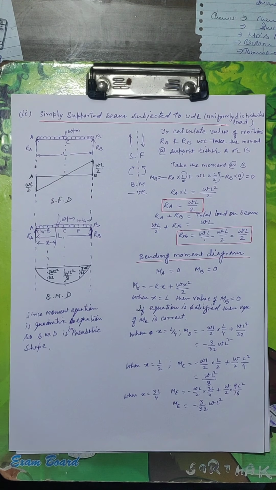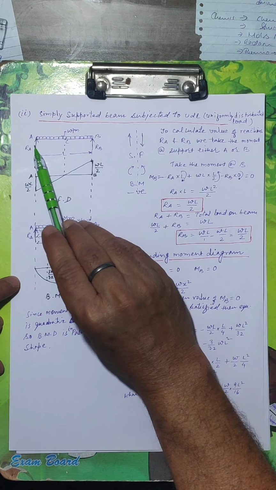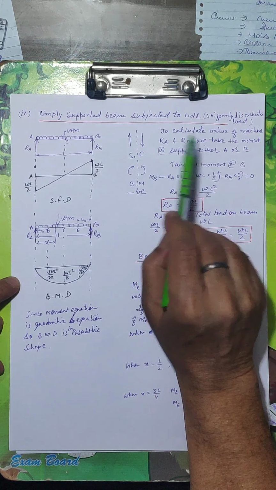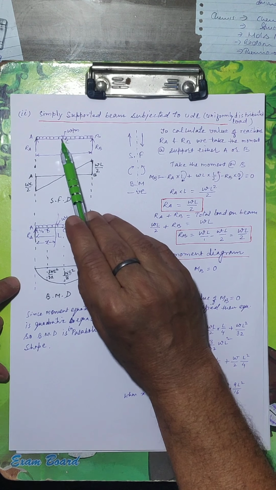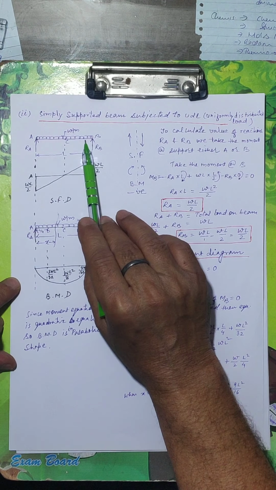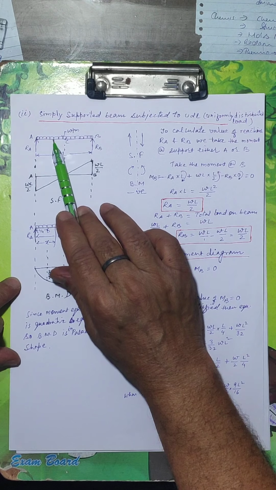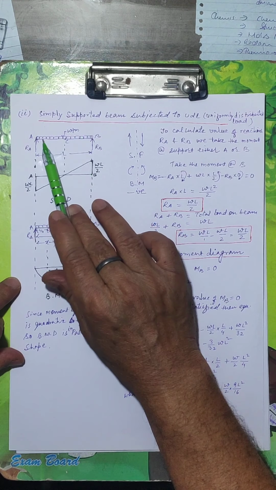स्टूडेंट्स, आज मैं आपको सिंपली सपोर्टेड बीम विद सब्जेक्टेड टू यूडीएल ये केस है। इसका हम SFD और BMD दोनों ड्रॉ करेंगे। व्हाट इज आवर प्रॉब्लम? सिंपली सपोर्टेड बीम है AB, UDL uniformly distributed load and the magnitude is small w per meter. UDL होता है पर मीटर, पर यूनिट लेंथ पे अपन इसको शो करते हैं, तो स्मॉल w पर मीटर, दिस इज UDL।